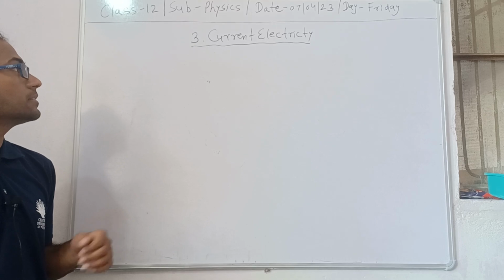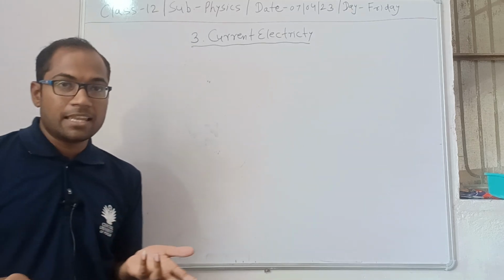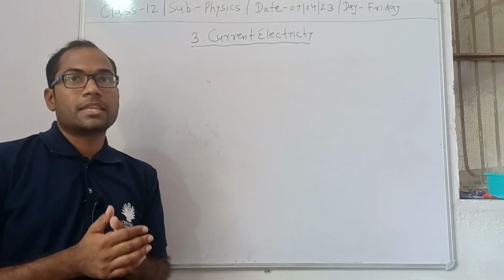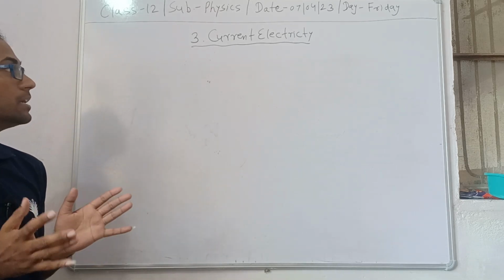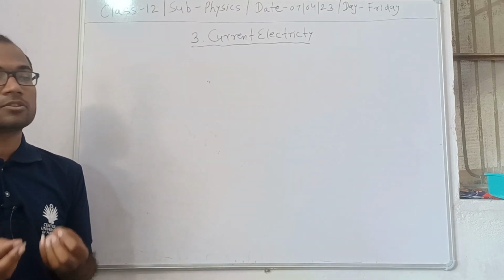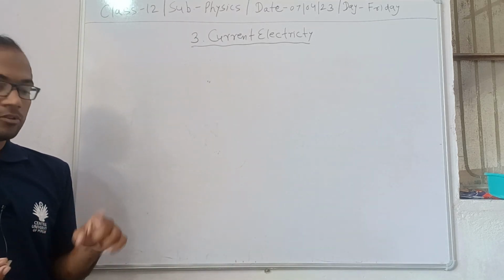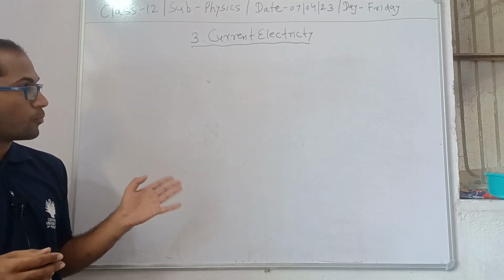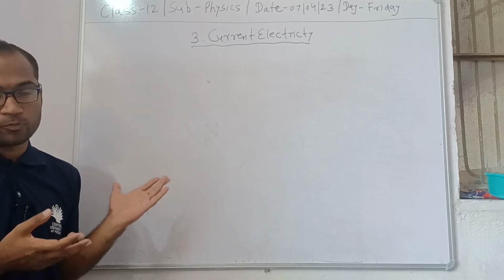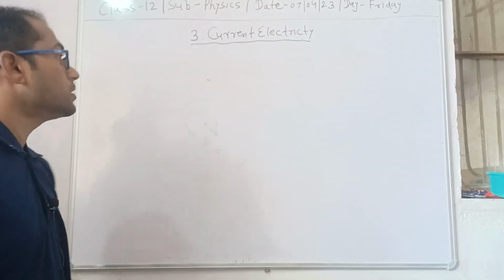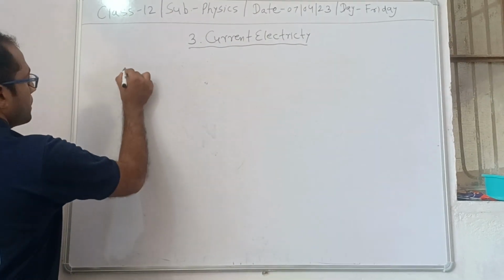After that, we are discussing the combination of cells and the combination of resistors, and then finally we are taking some rules. What are the rules for the flow of a circuit, and what is the application of this topic? Why am I reading this topic? So first of all, we are discussing Kirchhoff's rules.